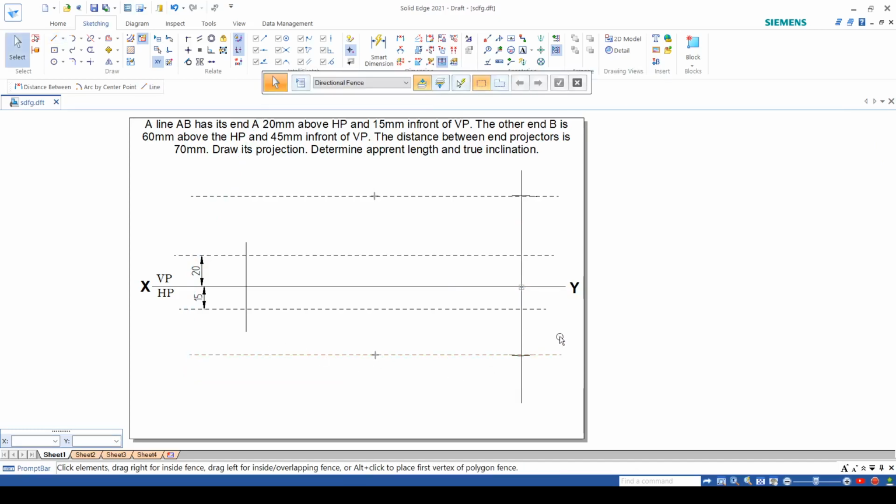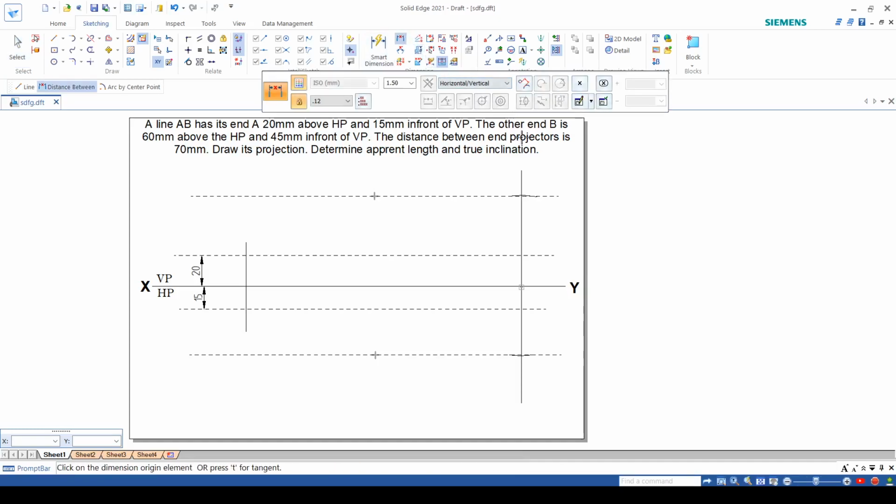And after measuring it, if you want you can delete or remove it, but I suggest don't remove. Okay, now just give the measurement: what is the 45 and what is the... okay, so this is saying from HP and VP, so from this line we would be making it. So I would mark the distance between both of them. Okay, it's 60.